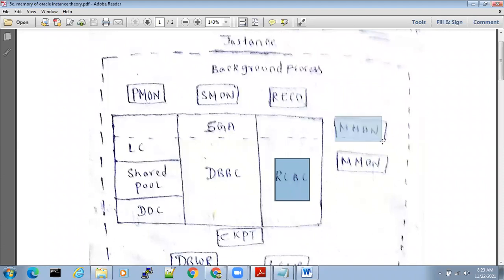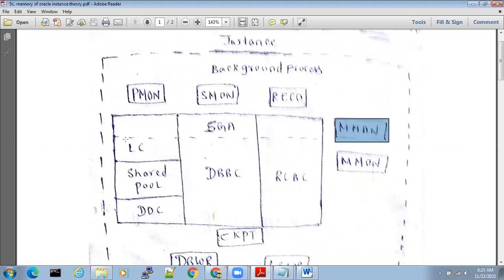We are leaving it to MMAN. Hey MMAN, please manage the memory. I'll just give automatic memory management. I won't give individual sizes. I'll give only one size, SGA_TARGET equal to 500M. So the memory manager will come into the picture and manage the memory.